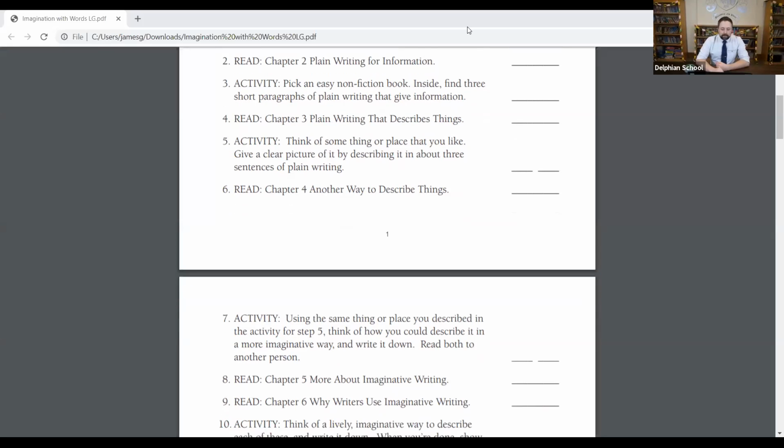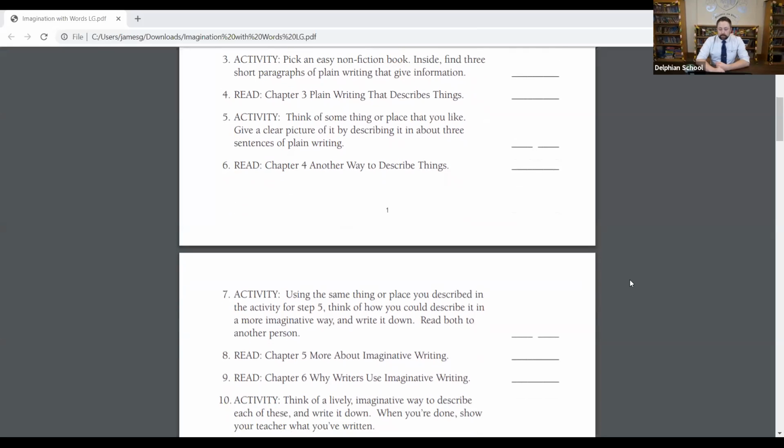All right, so going over to our learning guide, the first activity says, pick an easy nonfiction book. Inside, find 3 short paragraphs of plain writing that give information. So at home, I want you to run over, find a bookshelf, find a nonfiction book. That would be not a storybook, not a novel or like a fun book, but something more like a,